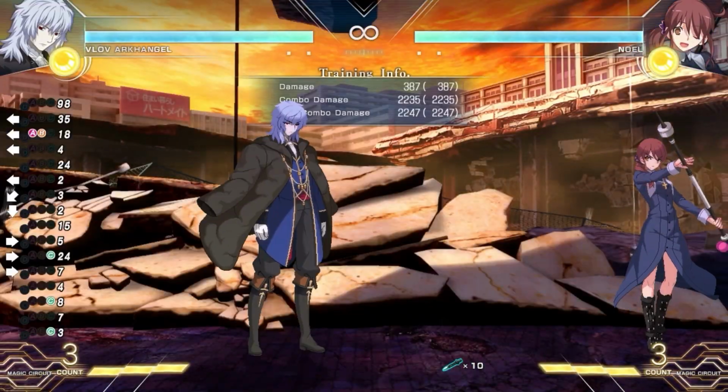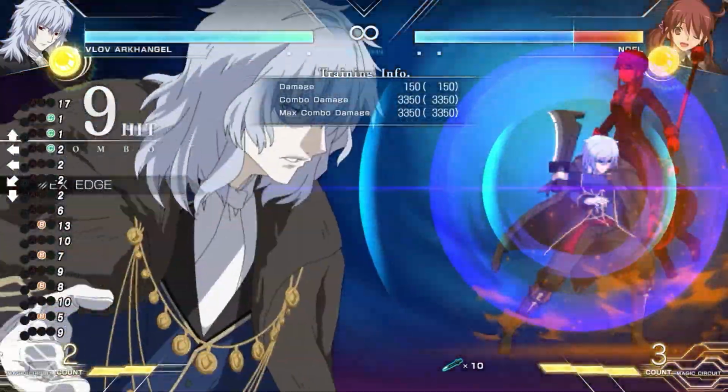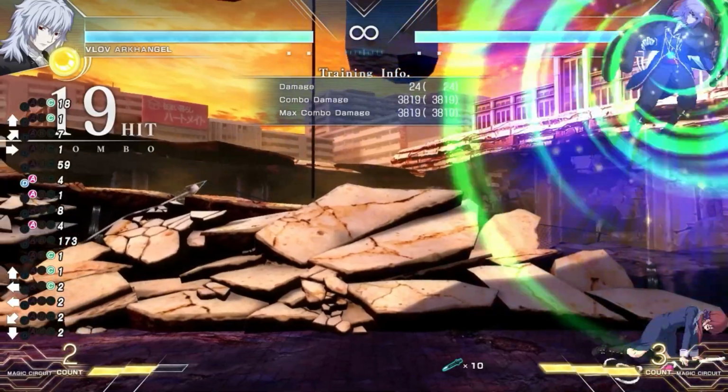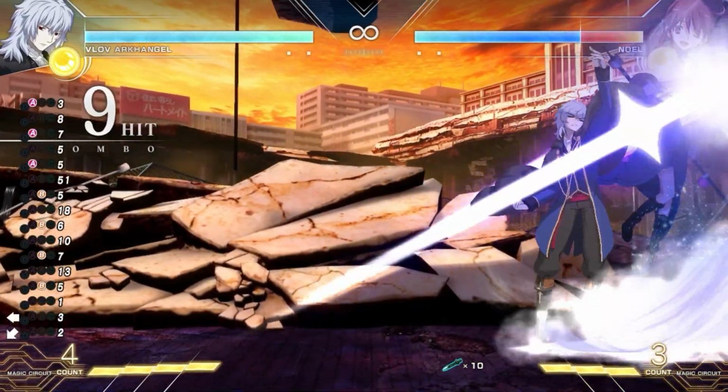You also gain access to his terrifying quarter circle back charged B, and this covers some range, so you can even be a little bit away from the corner and still convert into corner combos with the teleport it gives. Because of the massive hit stun, you can then go into a Rekka after that,